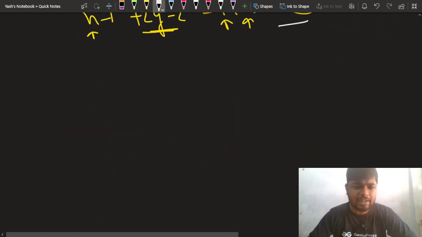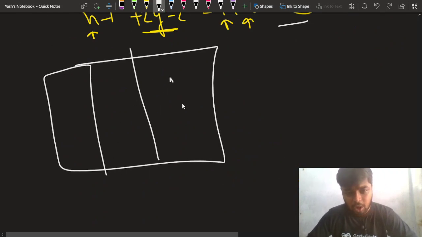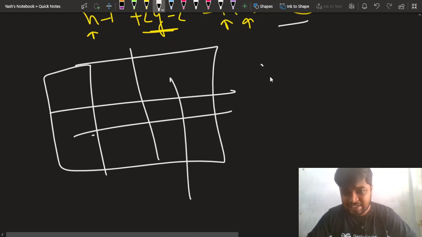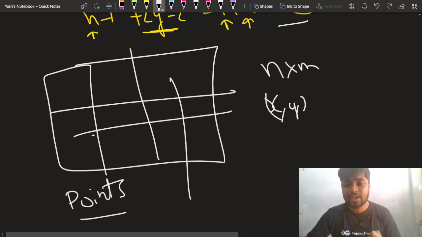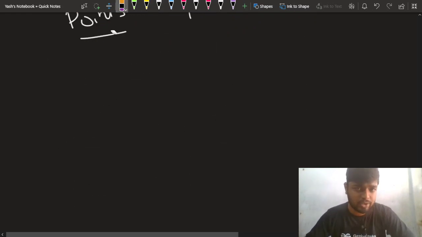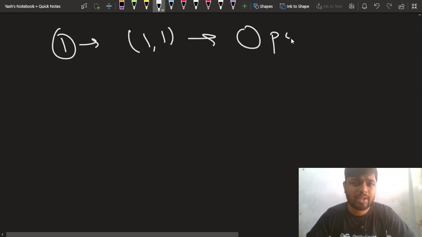So you can see that if there is this matrix or grid of n cross m dimensions, after I take 2 points I can easily get two equations, such that after solving them I'll be able to get the value x comma y. Let me sum up this question. The first situation is if you have just one cell, 1 comma 1. In that case, there will be 0 points required, and you'll be getting the answer.